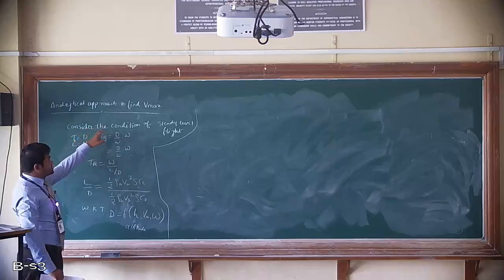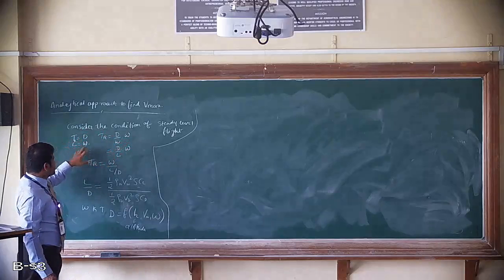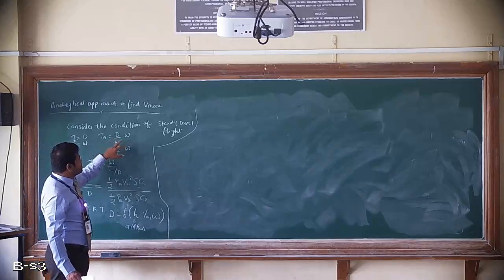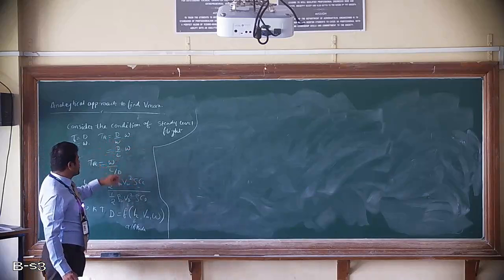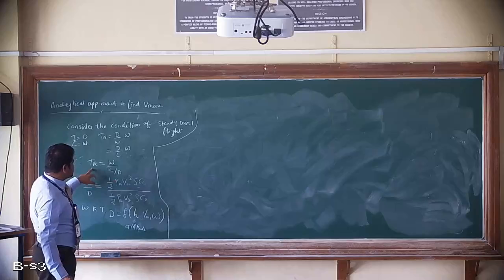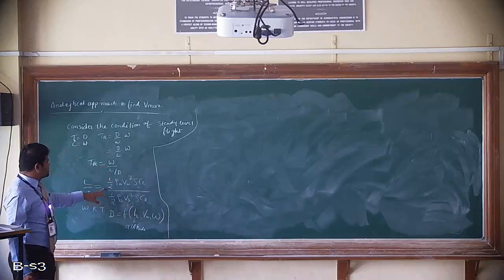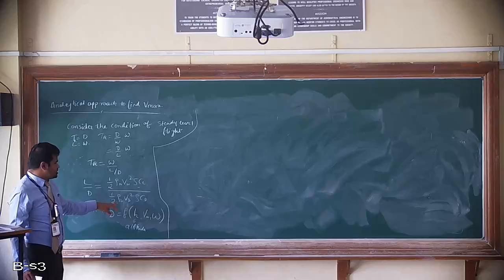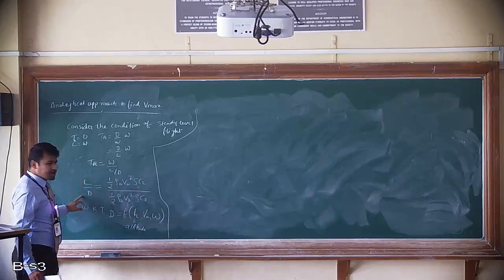So considering the condition of steady level flight, our thrust required TR is equal to drag and lift equals weight. So I can rewrite the equation TR equals D divided by W multiplied by W. Then I will substitute L in place of W. Then again I will rewrite the equation TR equals W by L by D, and this L by D we know is half rho infinity V infinity square S CL divided by half rho infinity V infinity square S CD, because these are the expressions for lift and drag.